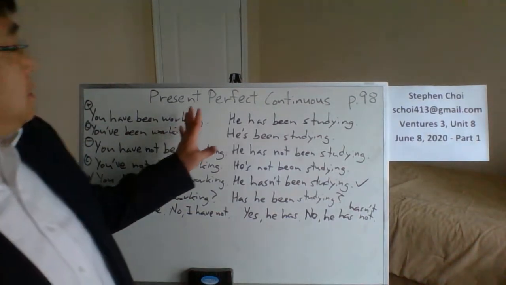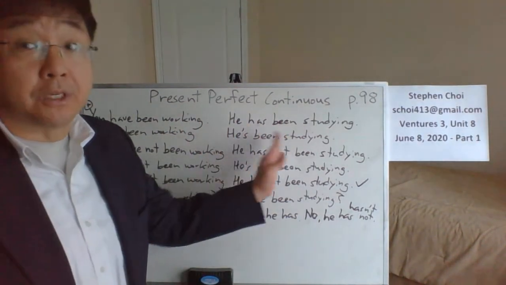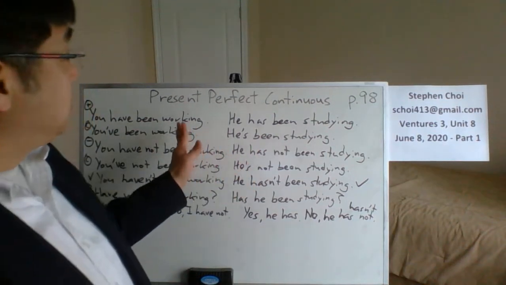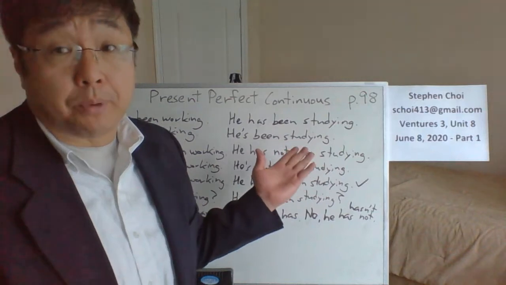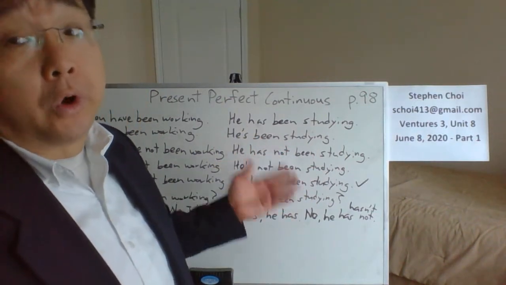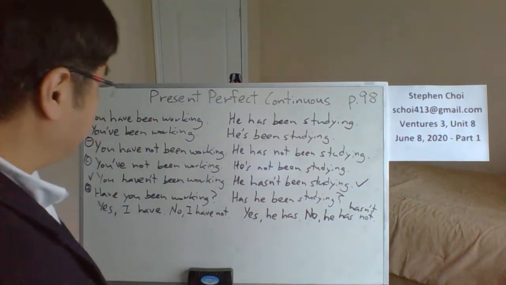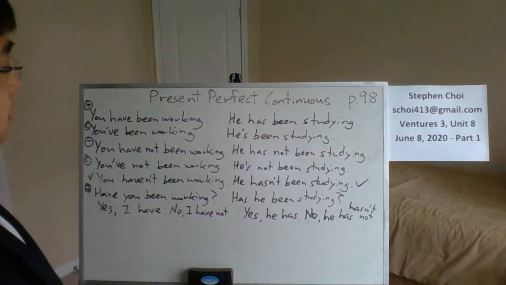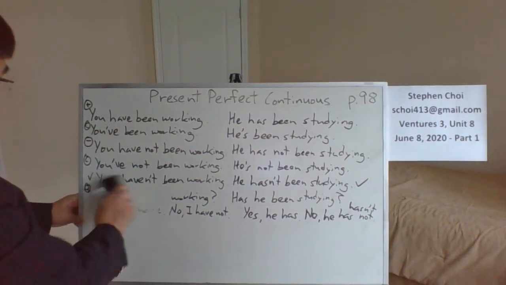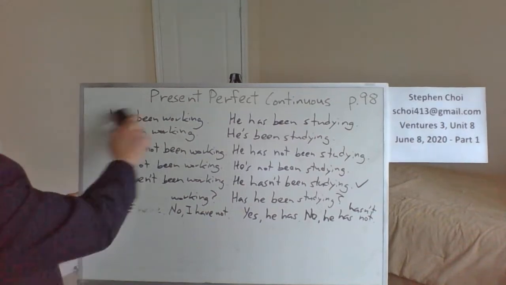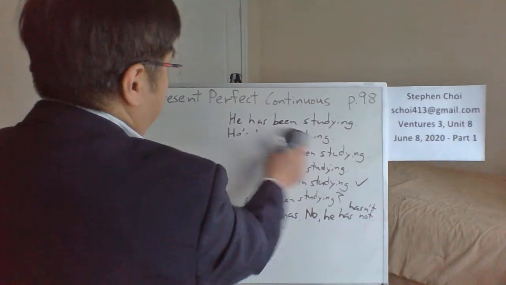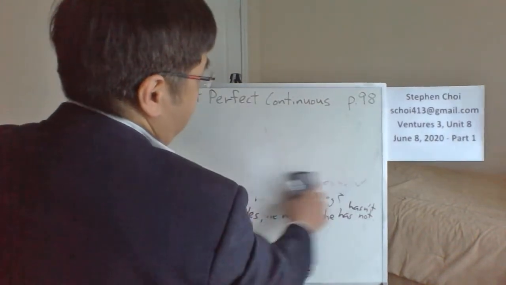So remember I said, present perfect continuous is non-specific time in the past. It started at a non-specific time in the past, right? But again, just like present perfect, you can make it specific by using the words for and since. Okay, for and since. Okay, so let me erase all this. We're running out of room.